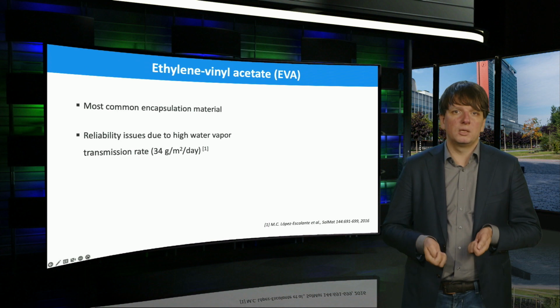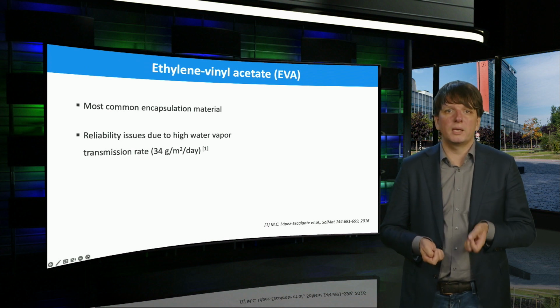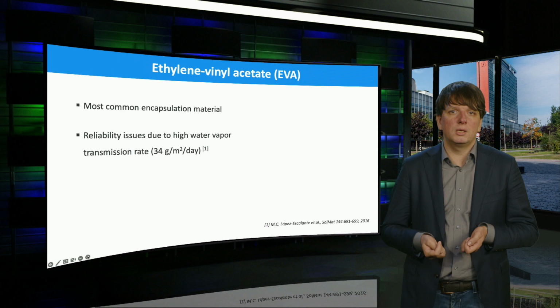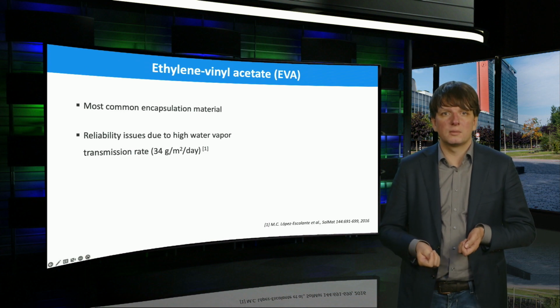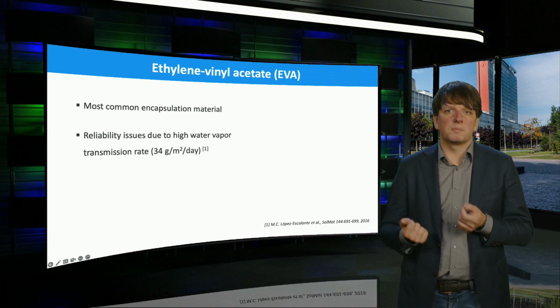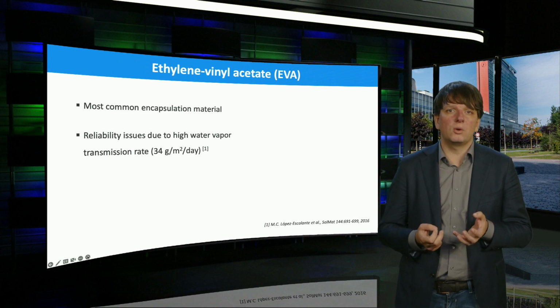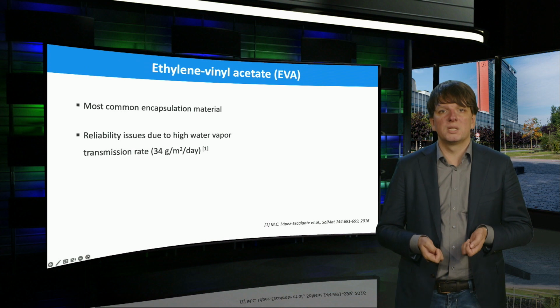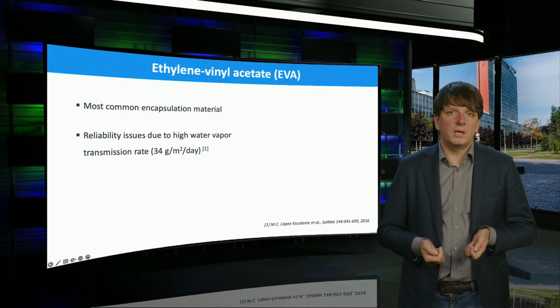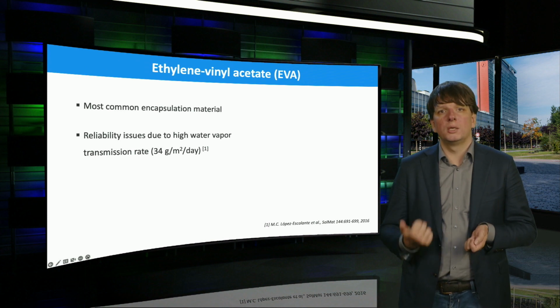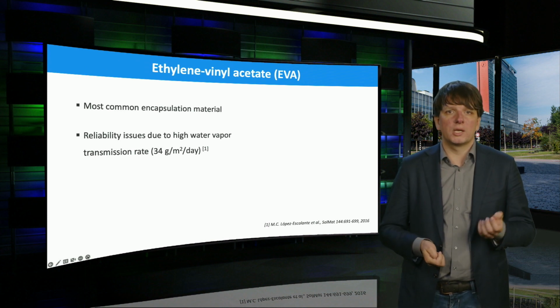It has been used in PV modules for several decades and improved in quality while reducing in price. The main disadvantage of EVA are in the reliability aspects. In the past, issues with additives causing yellowing or browning have mostly been solved. However, high water vapor transmission continues to contribute to degradation effects such as corrosion of metal contacts.